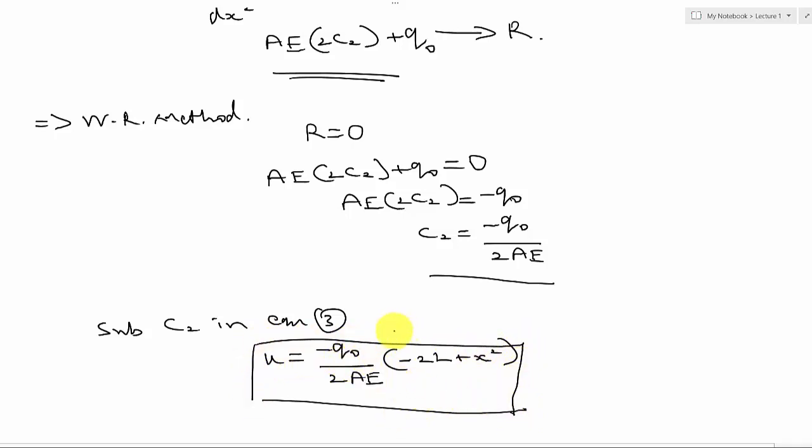Okay, I have substituted all the constant values in my assumed trial solution, and I have used the first method, that is point collocation method, to calculate the deflection of the given axial rod. So 3 steps you should remember. The first step is calculation of trial solution, the second step is calculation of residual, and the third step is by using any one of the weighted residual methods you can find the solution. So in this problem the weighted residual method is not specified, so I have used the first method, that is point collocation method.